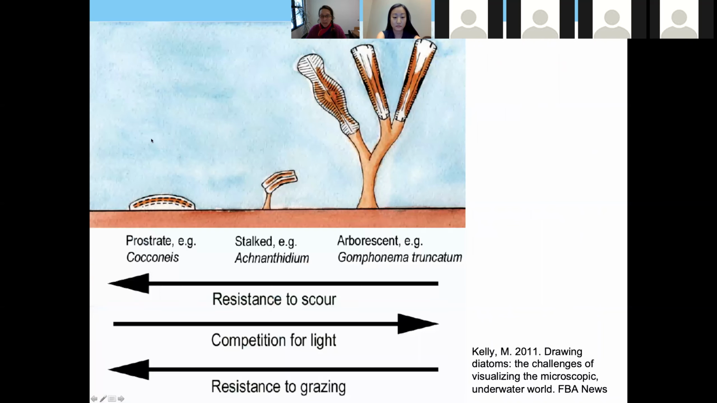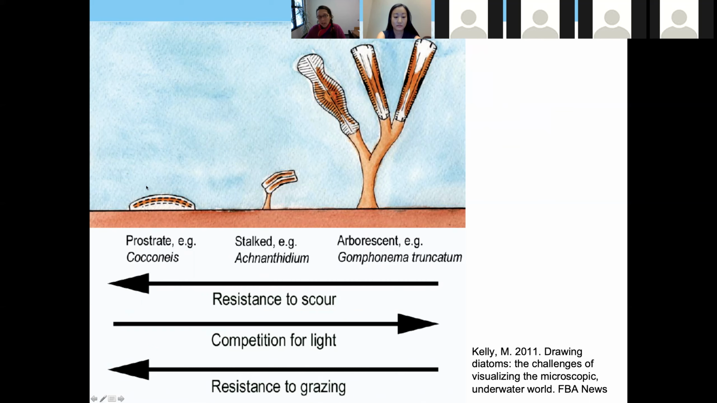And Martin Kelly has made a great illustration of the different life forms. The diatoms that are kind of stuck there, we can call them prostrate, or they might be stalked, like Gomphonema, or arborescent, like a tree. And so as we go in this direction, from Gomphonema to Cocconeis, the Cocconeis is the most resistant to scour and to disturbance, while these others, you can see that they could be easily ripped off. Conversely,